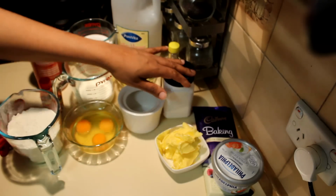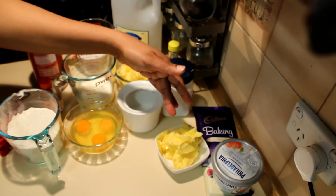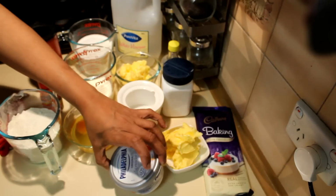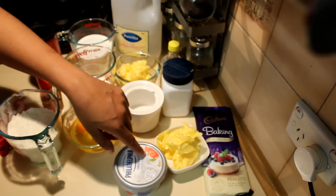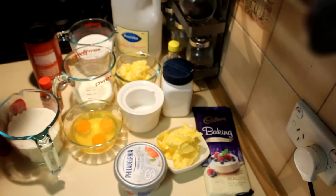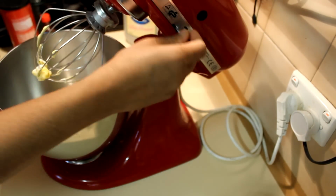And for the frosting I am using 125 grams of softened butter with 250 grams of cream cheese and 200 grams of white chocolate. To start this recipe, I added the butter and the sugar into a mixing bowl, and